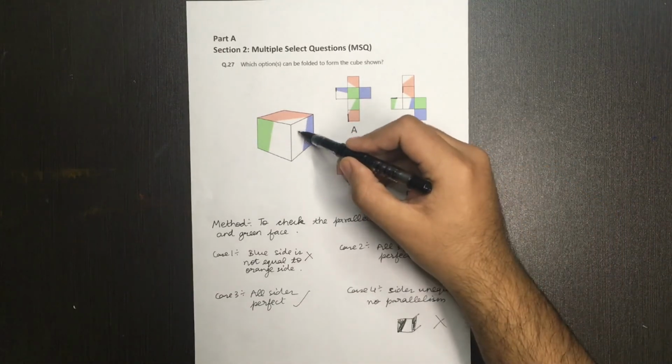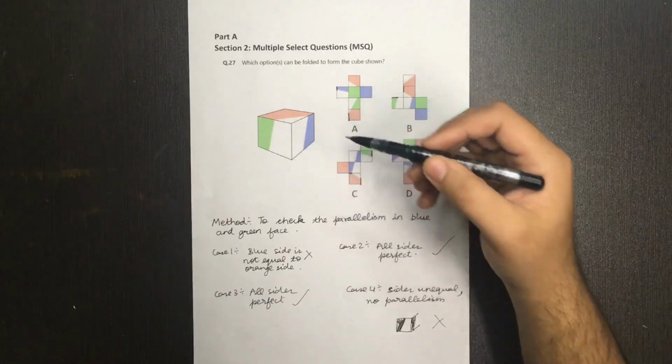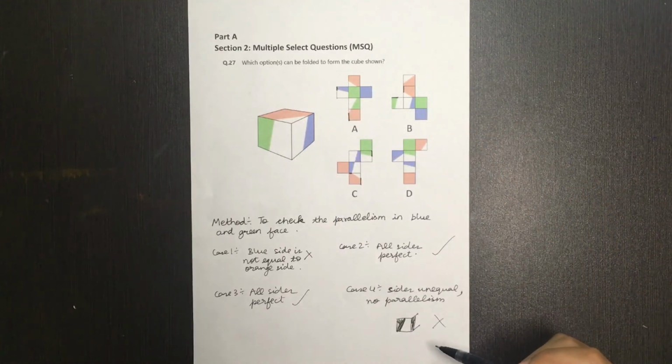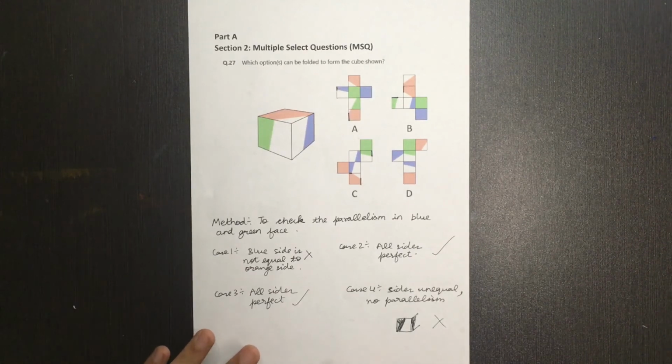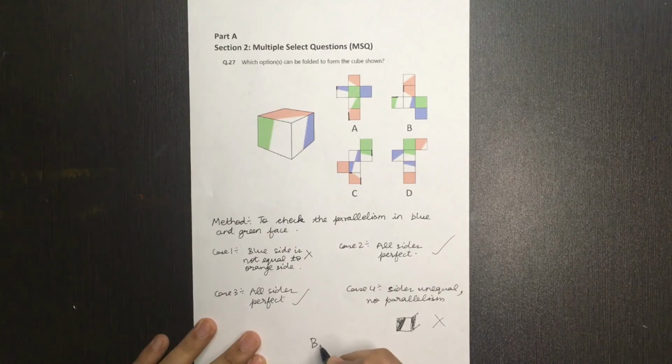So basically when you just fold it, it will be a curve for green like this, and for blue the curve will be coming over here and this side will be plain, but the blue will be over here. So that we don't want, we only want this sort of figure. So yes, option D is also false, case 4 is false. So we can easily say that case 2 and 3 are true, that is option number B and C is the answer for this question.